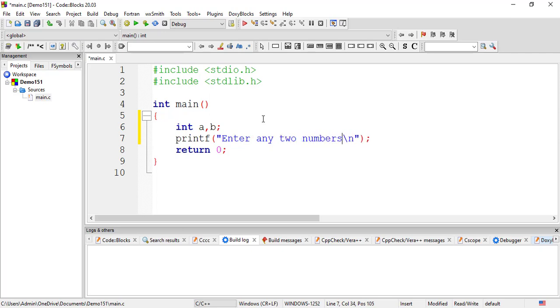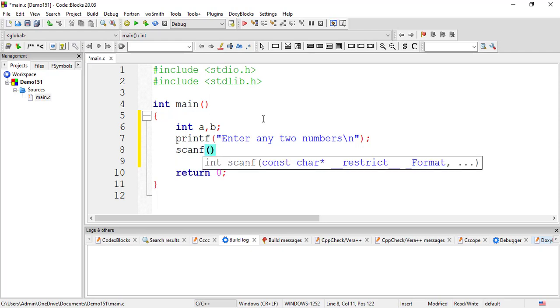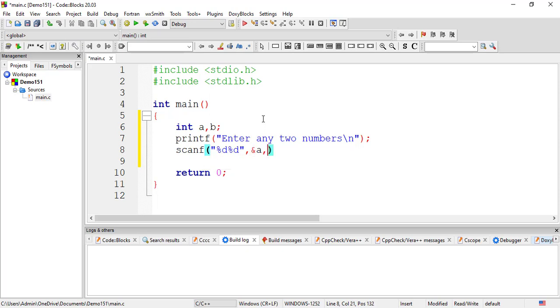So obviously once the user is entering the numbers, you need to scan those two numbers. The first number you want to store inside the variable a, and the second inside the variable b, and both the variables are of type integer. So I have to use %d, %d, and there is no \n or \t. Please understand, scanf is an input function, so no formatting is applied inside the scanf. The first value you want to store at the address of a, and the second at the address of b. So you write address of a, address of b, so both the values get stored.